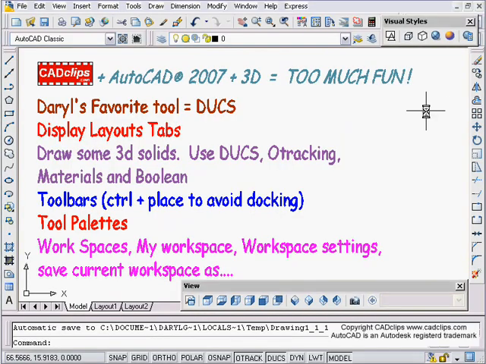Hello and welcome to our CAD clips on AutoCAD 2007 3D. Over the course of these CAD clips, we're going to talk about some great, exciting new stuff with AutoCAD in general, coupling that with a bunch of new 3D tools and all the experience that I've had. We're going to cover AutoCAD 2007 3D, and in this lesson